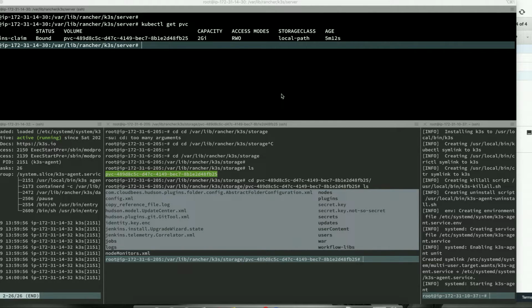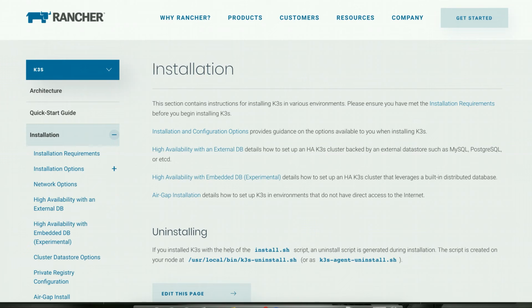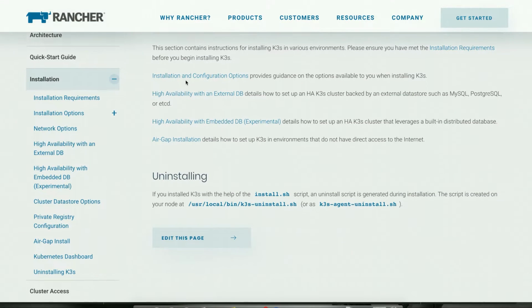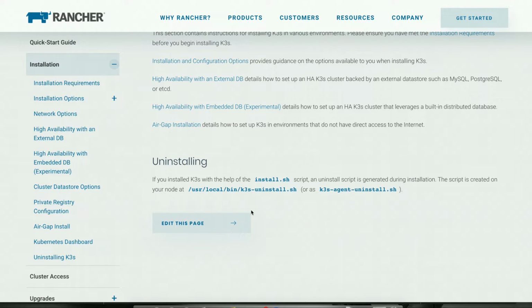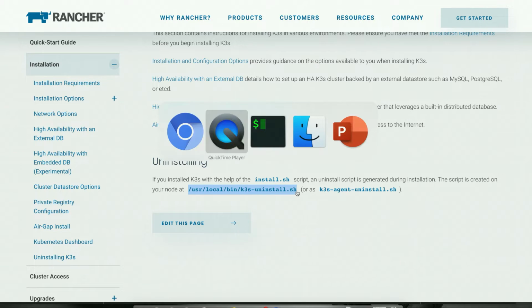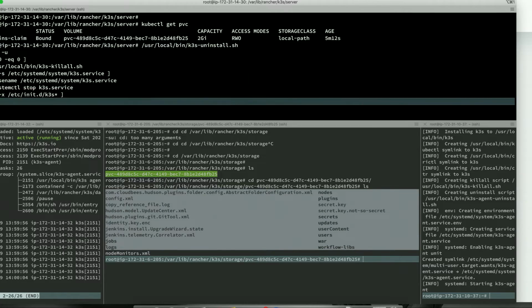So how do we delete the cluster and everything? If I go back to the documentation, we know how to install the K3s cluster, right? When you install the K3s binary inside the servers, you will get a script at this location, /usr/local/bin. If you want to remove the cluster from your servers, you can execute this command.